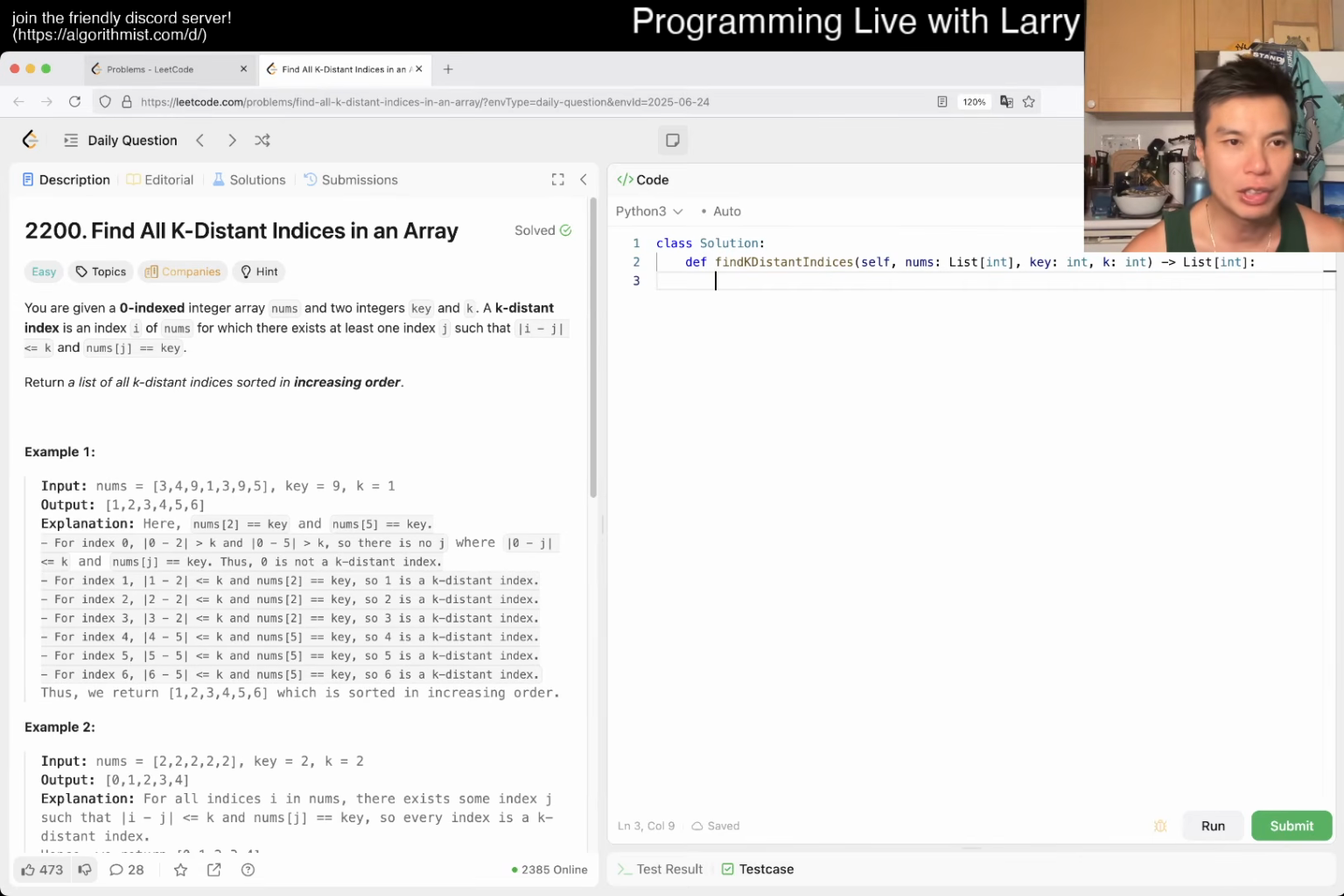Let's go. 2200. Find all k distance indices in an array. So you're given a 0-indexed integer array nums, key and k. A k distance index is an index i with at least one index j such that the absolute value of i minus j is less than or equal to k, and nums of j is equal to key. So basically, okay, let's say you have key 9, then this and this is 5, so then